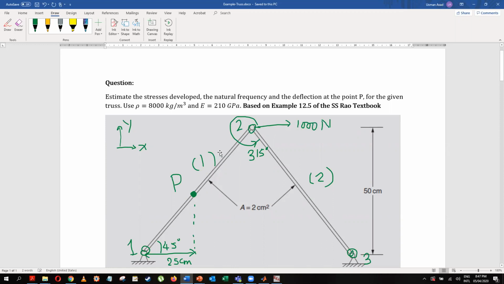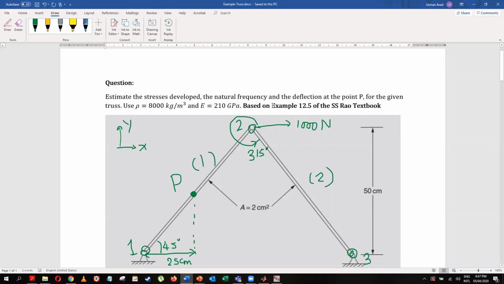We had to find the deflection at some point P. We had to find the stress in this at this point P, which means in this element 1, and then we had to find the natural frequency of this truss. Okay, so this diagram comes from example 12.5 of the SS Rao textbook on FEM, which